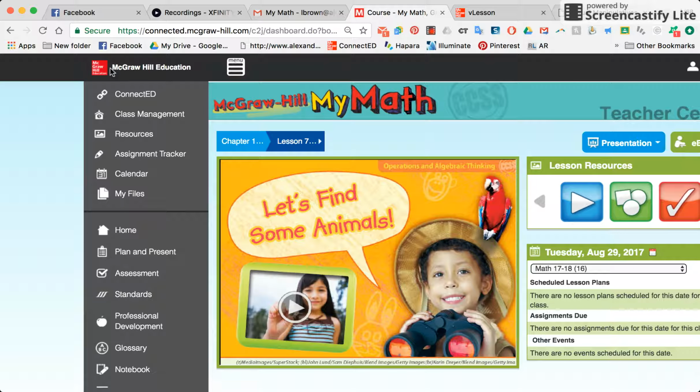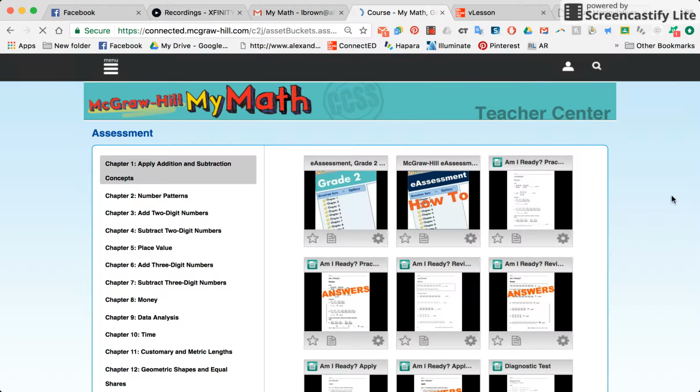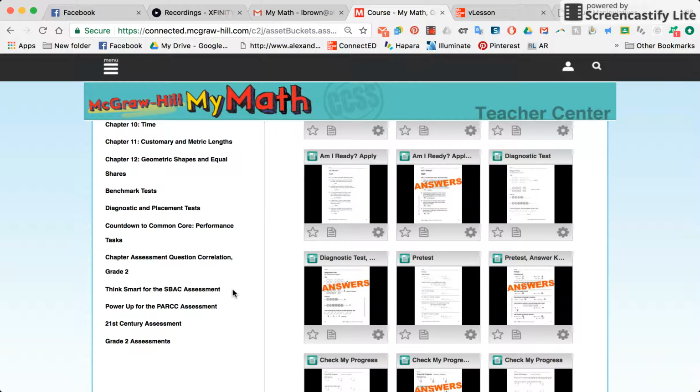The assessment tools. I don't know if you've done any online assessment, something our 4th grade teacher does a lot. I haven't used it as much with my students, but just for you to remember under assessment, of course, you have all of your regular assessments, and the Smarter Balanced is really great for 1st grade and 2nd grade, since we don't actually have a Smarter Balanced test. The tests are a lot more difficult and it is really great to give that extra help along with the 21st century